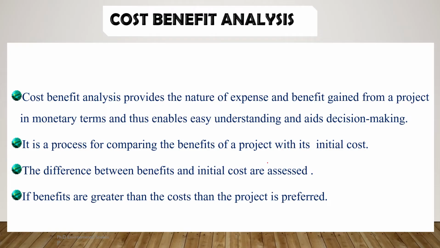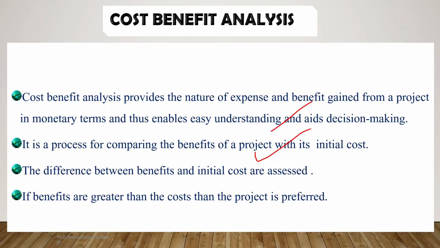Now, the CBA method or cost benefit analysis method of EIA is a systematic approach which is used to evaluate the economic worth of a project by comparing its costs and benefits in monetary terms. This method provides a clear picture of the financial implications, aiding in decision making. This method quantifies both the expenses incurred and the benefits gained from the project in monetary terms, which makes the